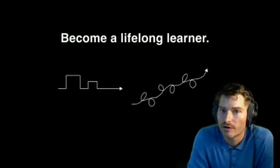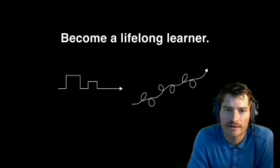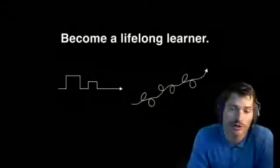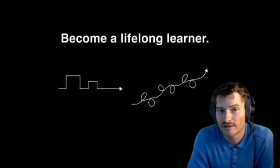Finally, my final call to you is I would like all of you to become a lifelong learner. On the left, what you see is university. You do a little bit of learning. Maybe you get a master's. So there's 2 little bumps in your education. On the right side, you see a lifelong fold of shorter